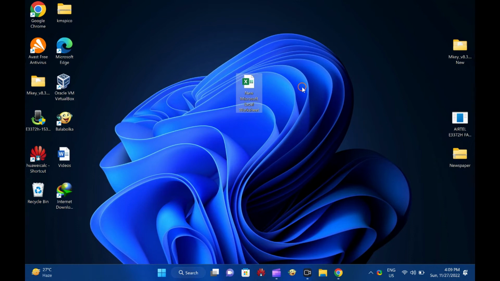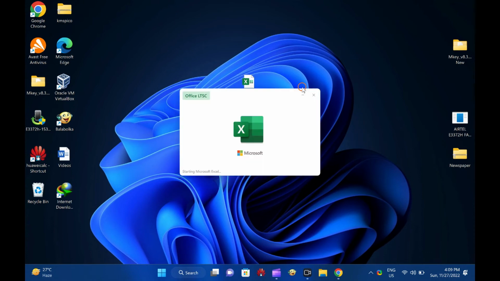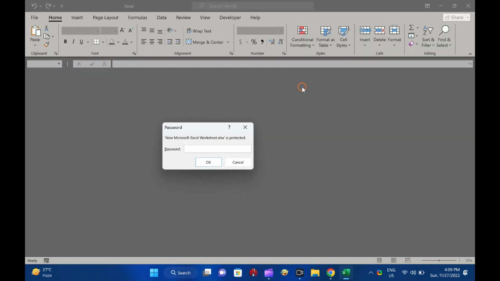That's it. Using the above steps, you can protect your Excel workbook with a password. The next time you want to open that file, it will prompt you for a password. Enter the password you set and